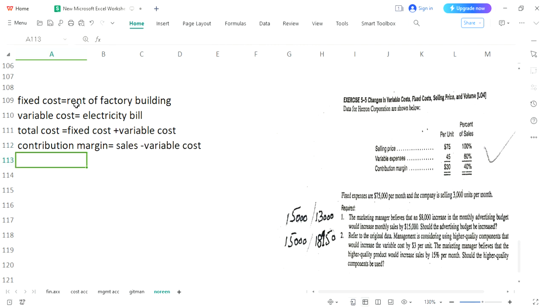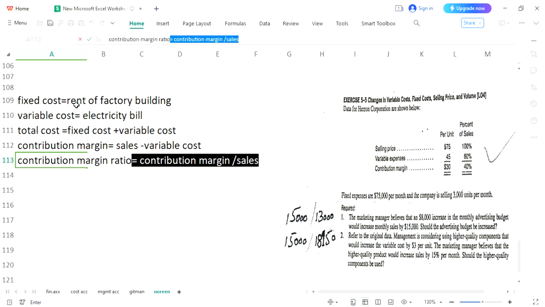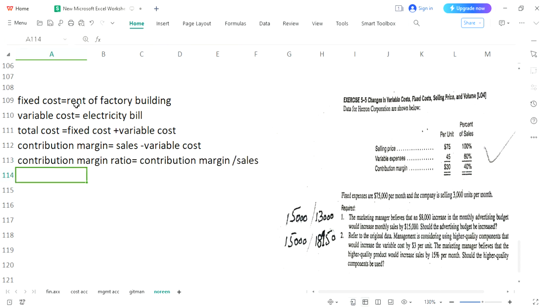And then we have discussed contribution margin ratio. Contribution margin ratio would be calculated by dividing your contribution margin over sales. This way you will get your contribution margin ratio, and per unit